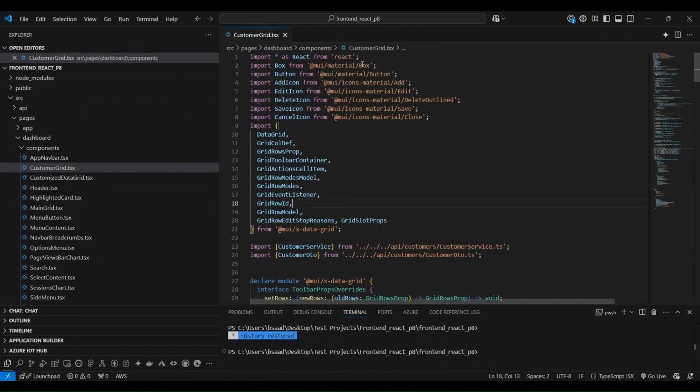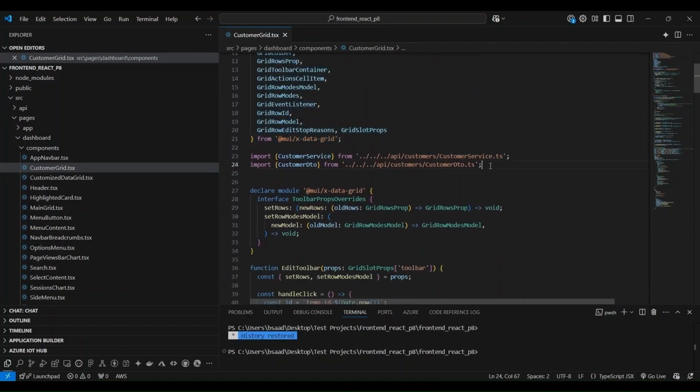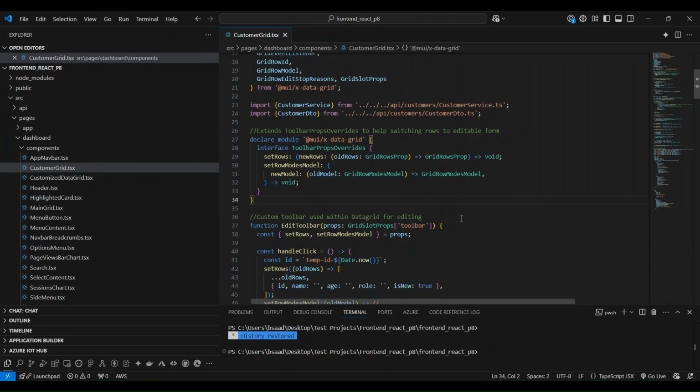Here I am importing Box, Button, and some icons that I would like to use within my grid. Then I have imported DataGrid related classes, and then I am importing my customer service and customer DTO. Here we have two different components. One component will help us to create a toolbar that we can use within DataGrid for editing, and the DataGrid itself,